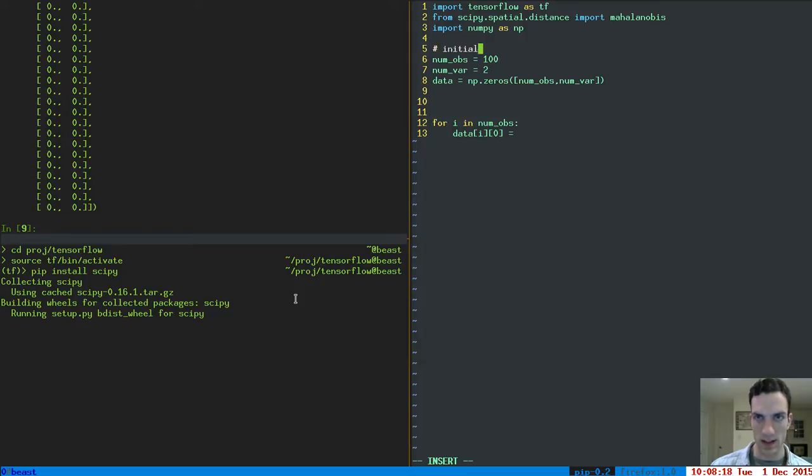Let's say initialize data column 1 var, column 0 var. Let's just make that an indicator variable, right? Yeah. Zeros and ones. That's all it is. And column 1,